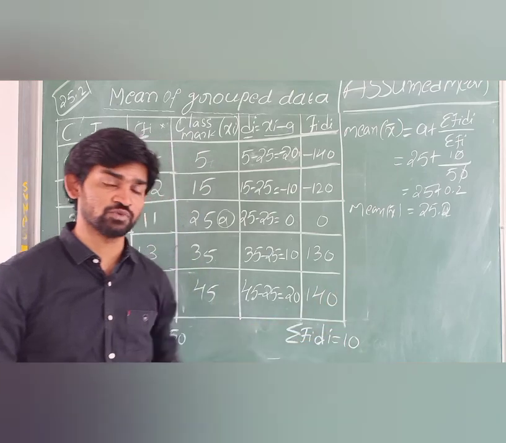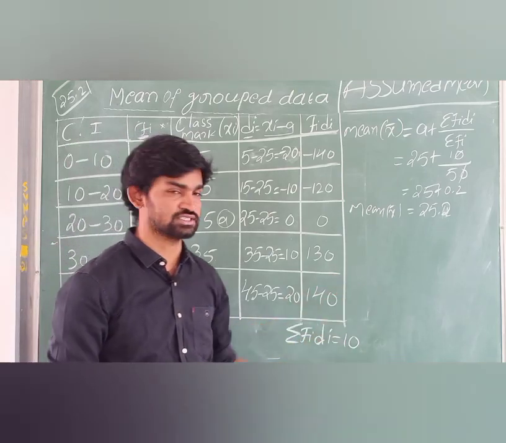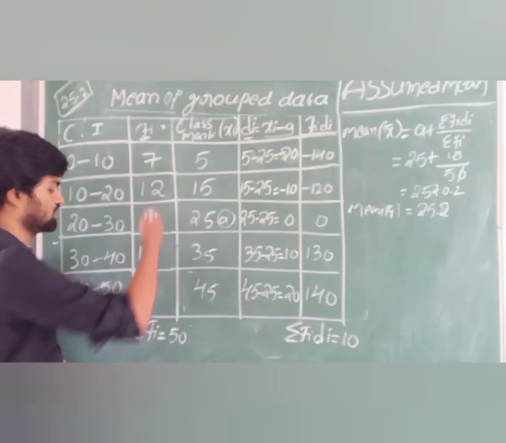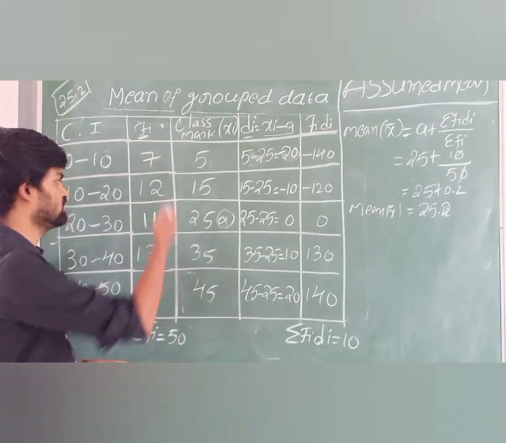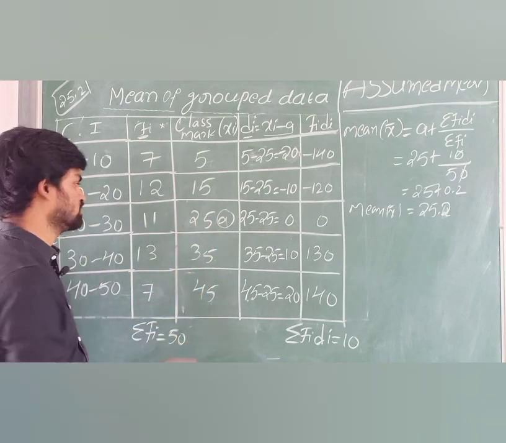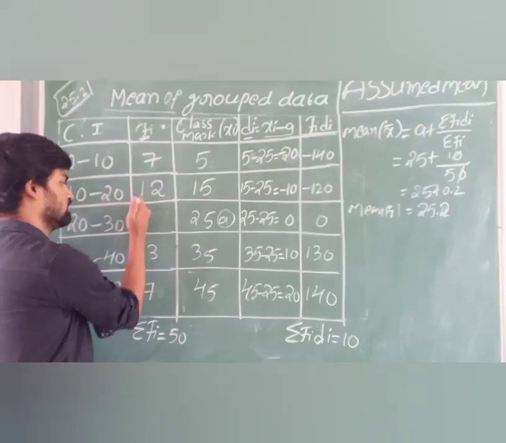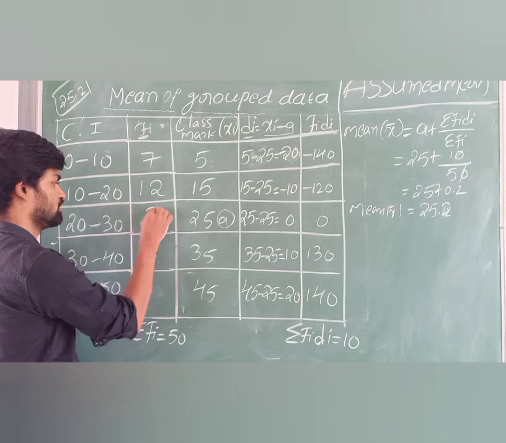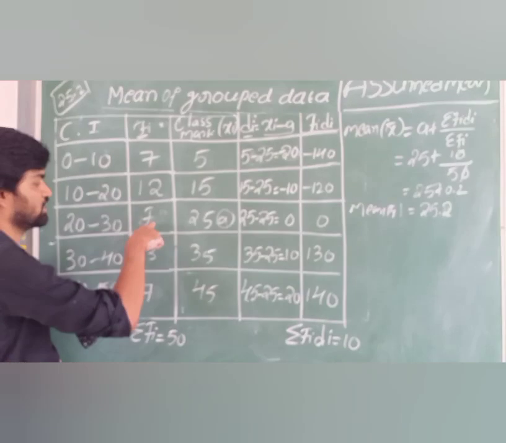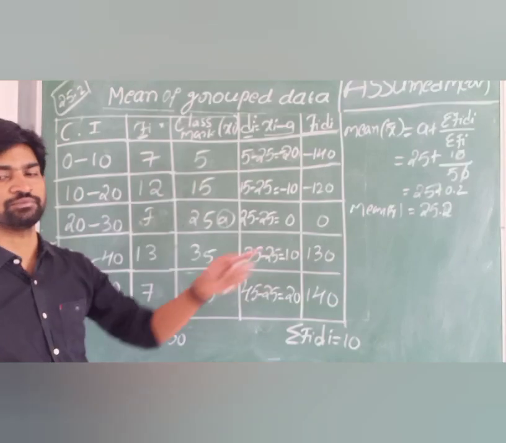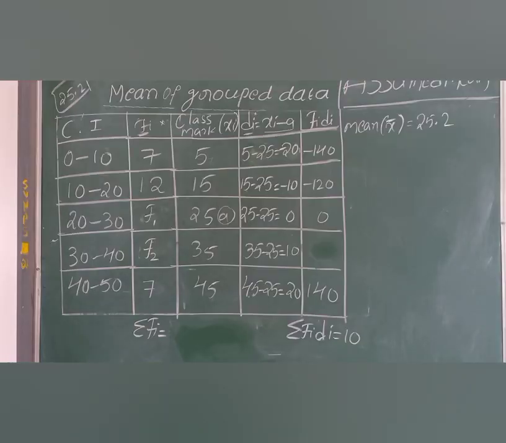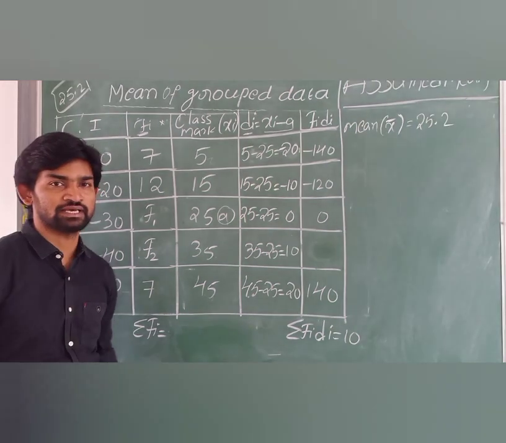Okay. Next, one more very important question in this topic is the missing frequency. See, in all the data he will give and he will remove one frequency. Let us take this question itself. In this question, in place of 11, he will give f. Now he will ask you to find the f value by giving the mean. So I will tell you that question now. So now the question will be like this.